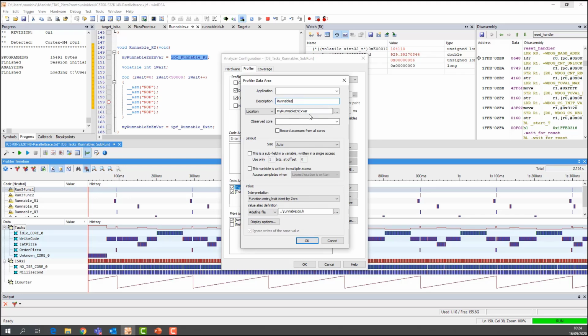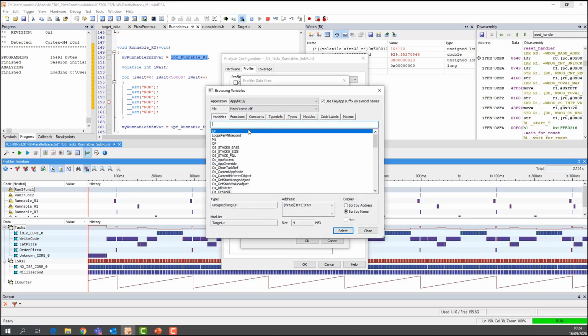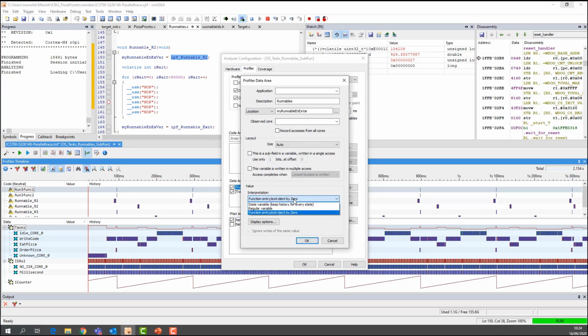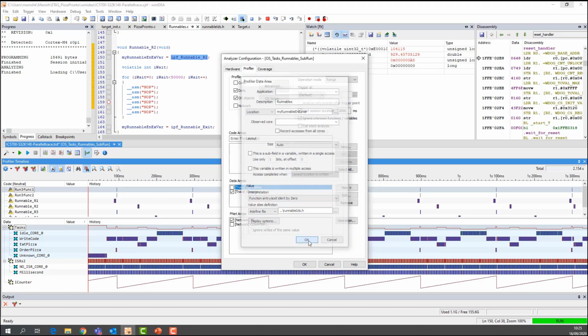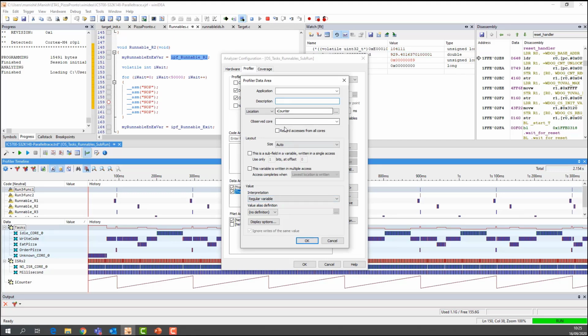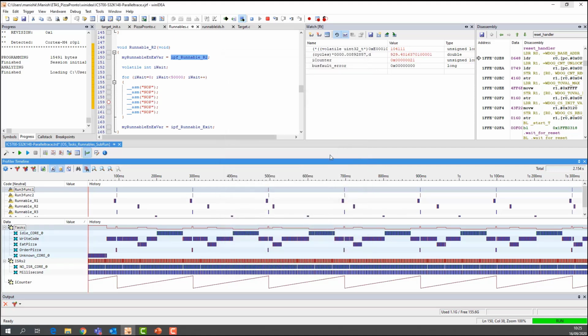let's click on runnable. You have to give a name, runnable, and then if you click on this, it will give you an option to look for the variable. I have already selected it, and then you need to select interpretation as function entry exit identify by 0, and this is the define file which I'm using to define the unique IDs. Now let's click on OK, and similarly you need to add this I counter, but the interpretation you need to use here is regular variable. So now OK, then OK, my software is already running,